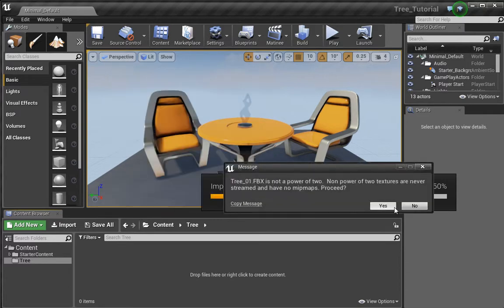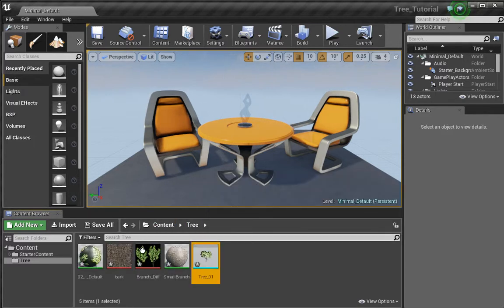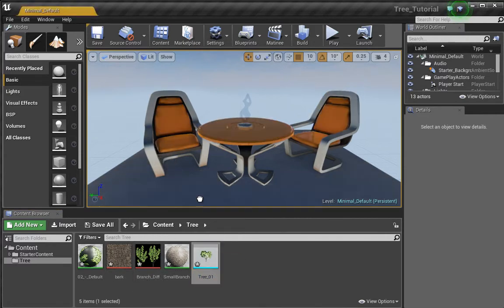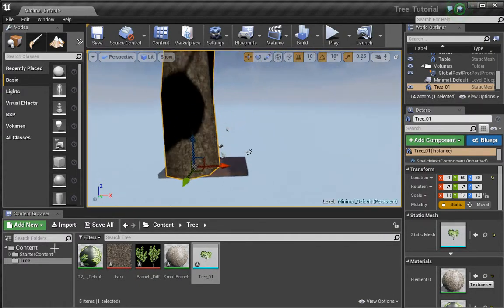And we'll just choose import for now, and it says FBX is not a power tree 01 on tree 01.fbx. Okay, let's see what problem it's talking about here in a minute. This is 2048, and I don't know, let's see, let's pull this in. So as we can see, this tree is very big,